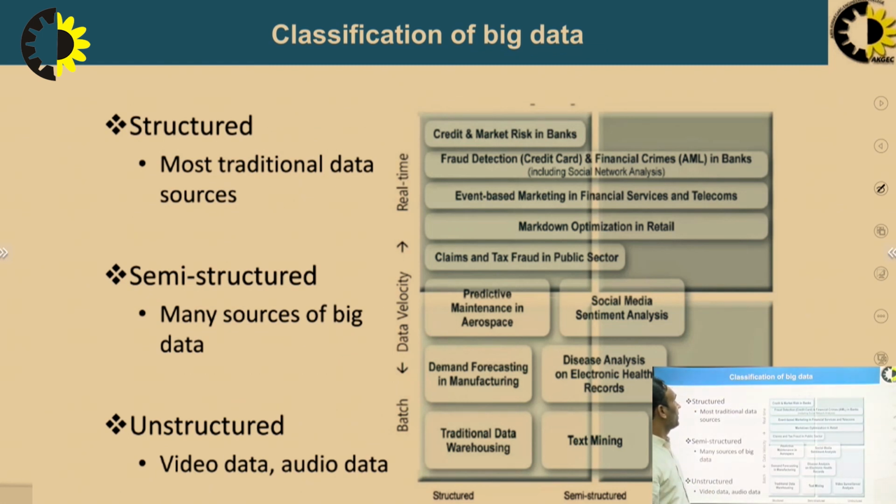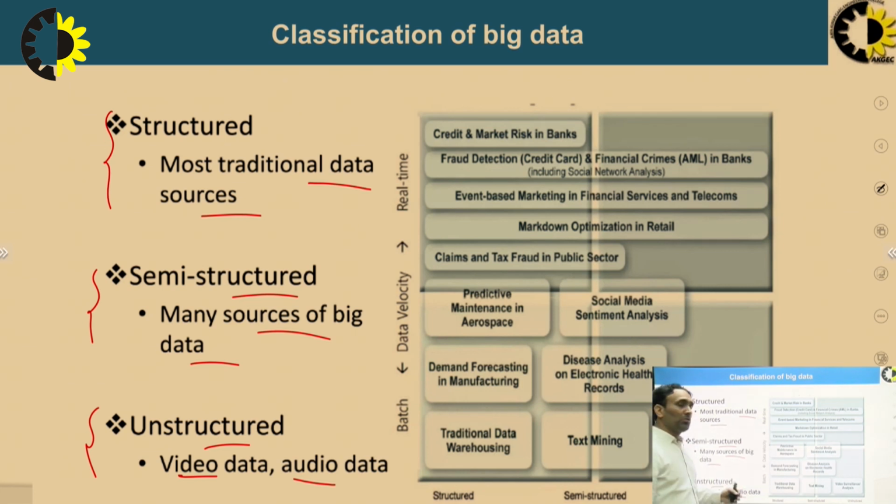Here is the classification of big data. As I said in the previous slide, it is structured, semi-structured and unstructured. If we talk about the categorization of data, the most traditional data source is structured, semi-structured is a source of big data, and unstructured generally counts as video and audio. It is unstructured because the size and the access mode of such type of data is not well defined, so it is accessed randomly by the number of users connected with the concerned app or platform.